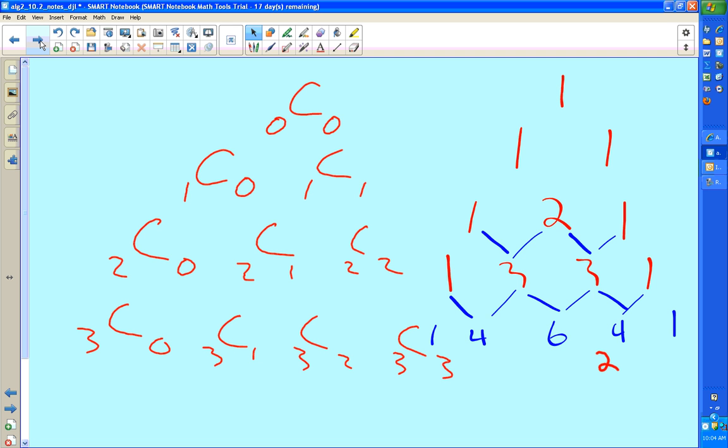Now, why you would use this with modern technology, no idea. You have a calculator that does nCr for you. You're welcome to use Pascal's triangle. It's faster than your calculator if you have it written out. What you need to remember is